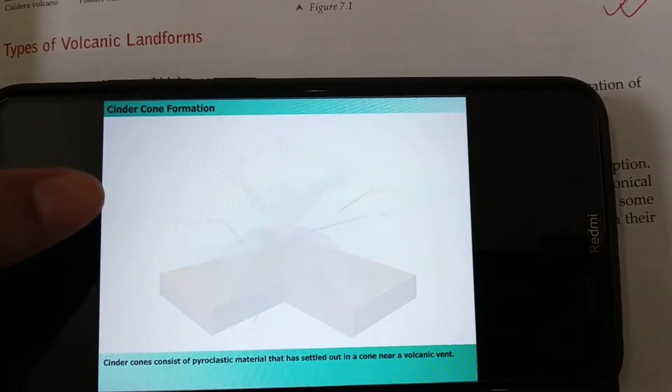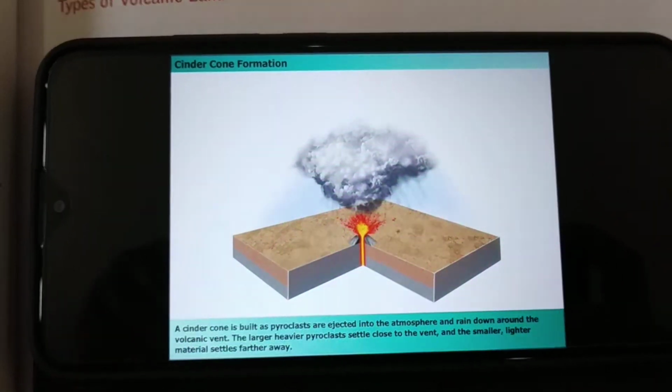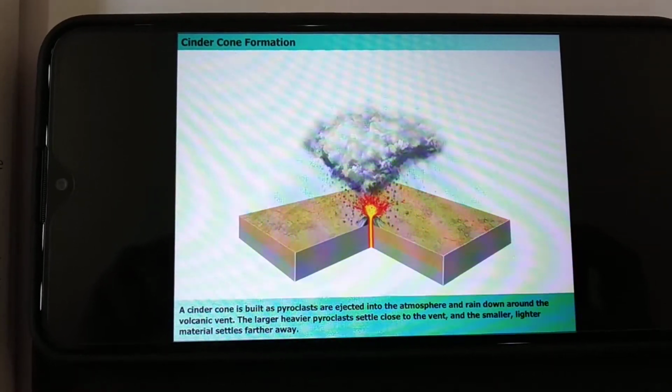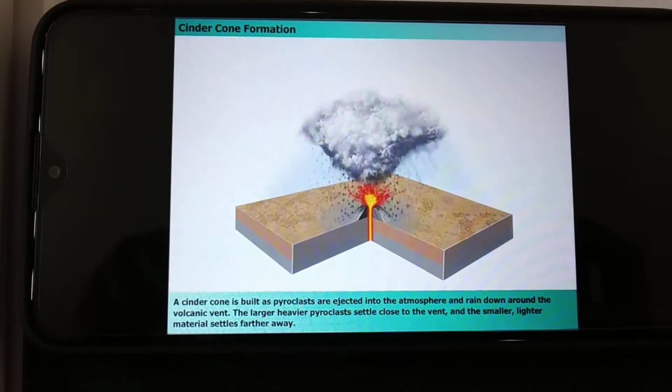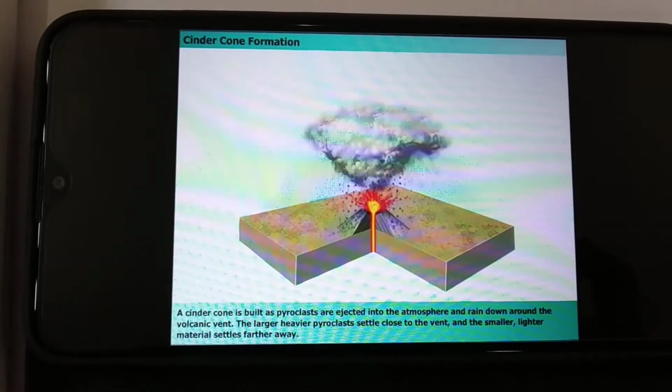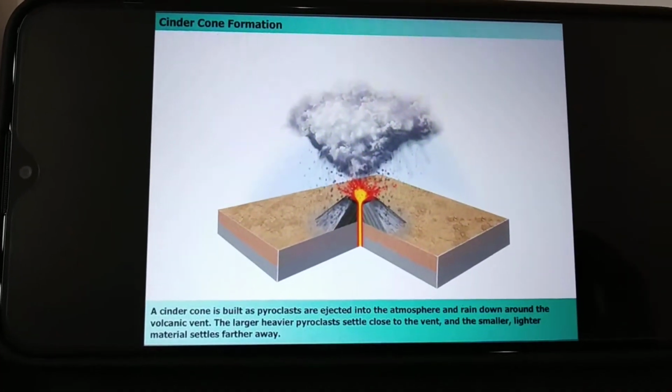See how it takes place. See the cloud of ashes get blown into the air when eruption takes place. I hope you can watch the video that is going.